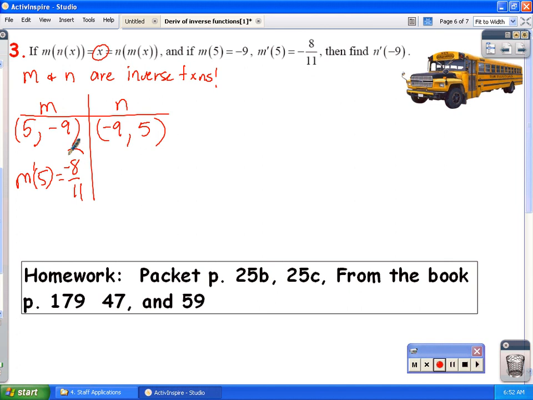So if the slope at 5 on the original is -8/11, then the slope at -9 on the inverse would be -11/8. Now be careful, the slopes are reciprocals, not opposite reciprocals, but simply reciprocals. In other words, we just flip it. So the derivative at -9 is equal to